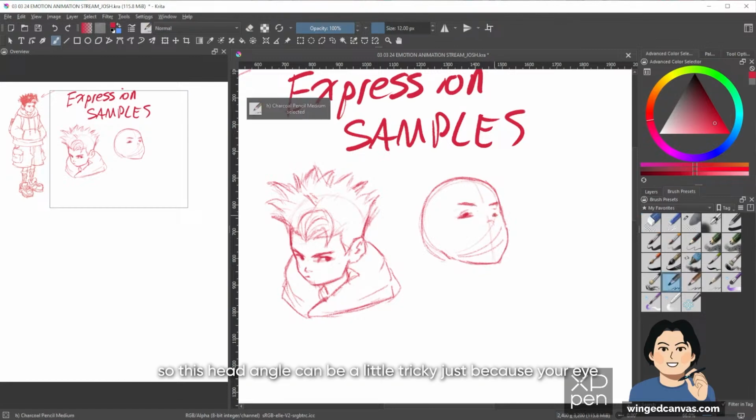So this head angle can be a little tricky just because your eye is starting to wrap around the head, the cranium, and the eye sockets and everything, so a lot of things start warping a little bit more than usual, which makes it a little bit trickier. I guess if you wanted to count the erasing amount, then yeah, in some ways I am erasing quite a lot.